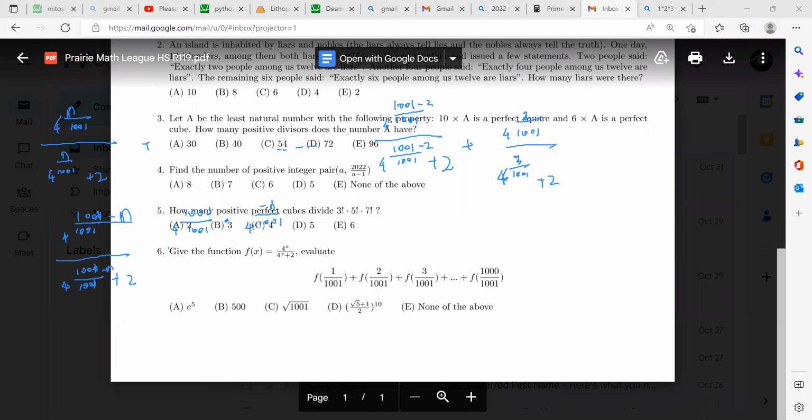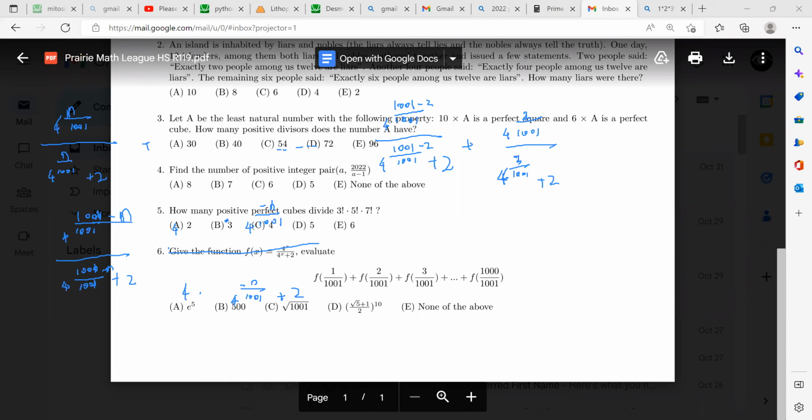So you take the negative n out, and then now you get this. And you do something similar over here. So you get 4. By the way, this is 1001 divided by 1001, that is equal to 1. So this term is equal to 4. And the same thing happens down here because these two are the same number. So 4 times 4 to the negative n divided by 1001